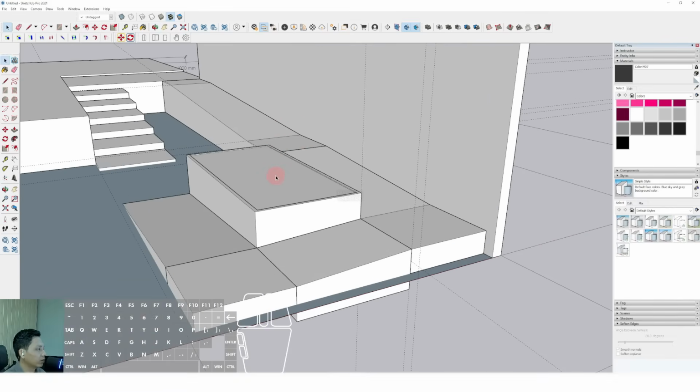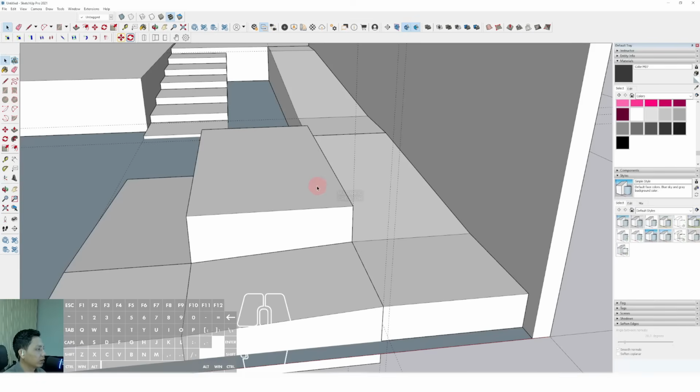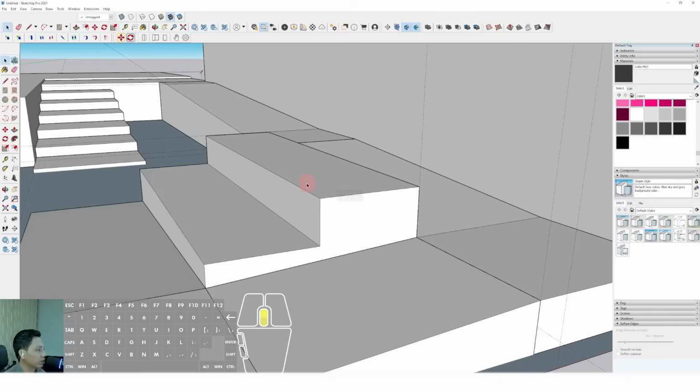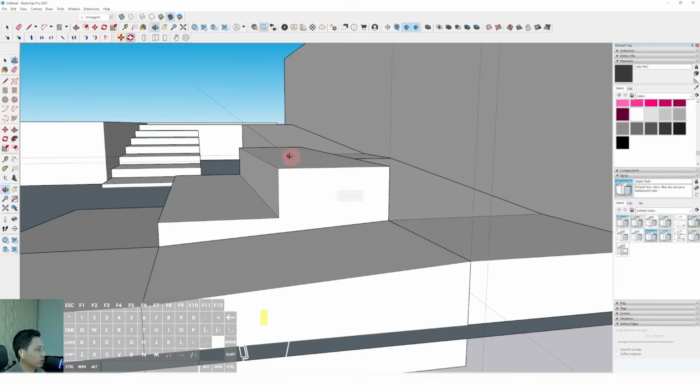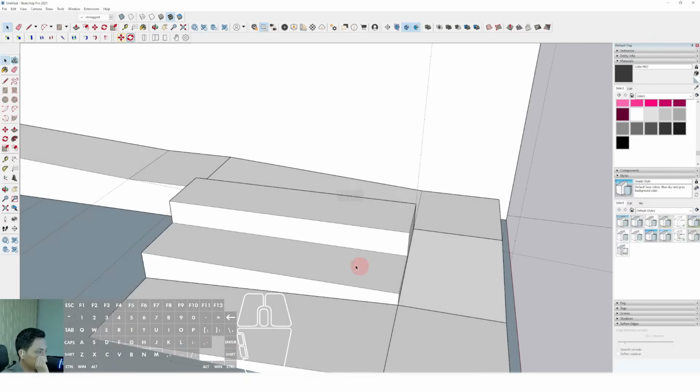Okay, then we can triple click and make group, and maybe we can make it more variative. We can push it until this position. Okay, so we have the two level of this landscape like this,